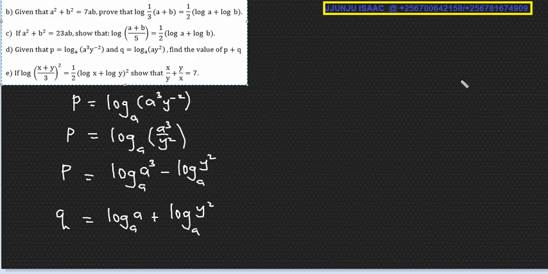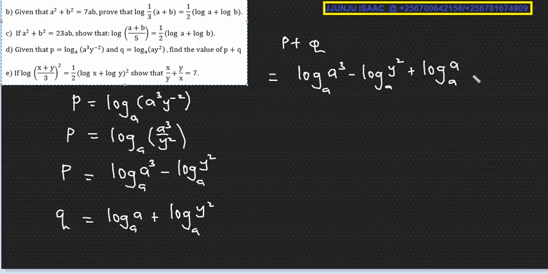And now we need to find the value of P plus Q. It means that P plus Q will be equal to, we add these two, so we shall get log base A of A cubed minus log base A of y squared, then plus log base A of A, then plus log base A of y squared. And you can see that this can cancel with this, so we remain with